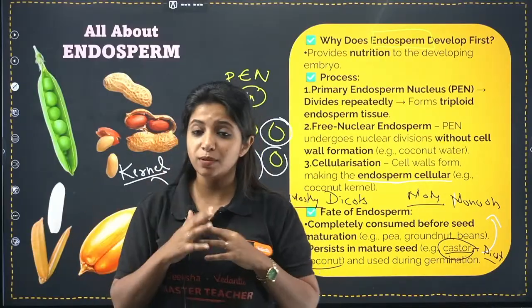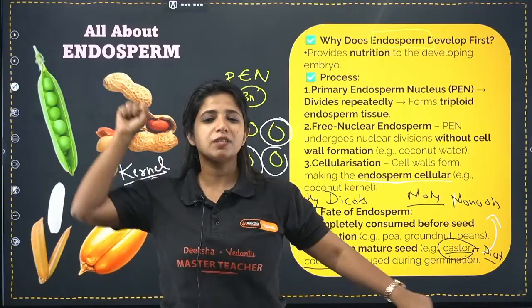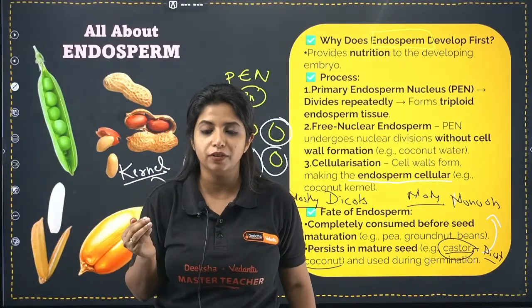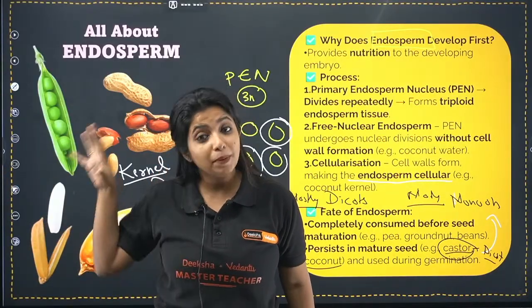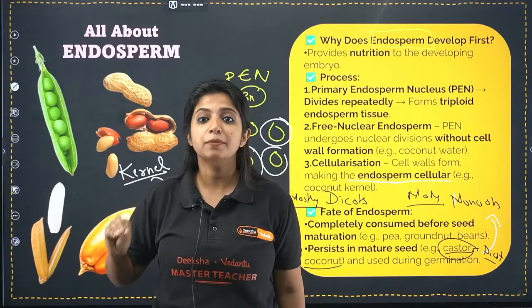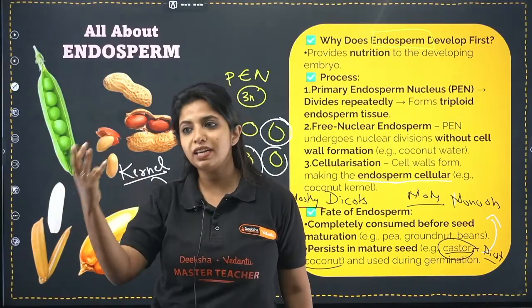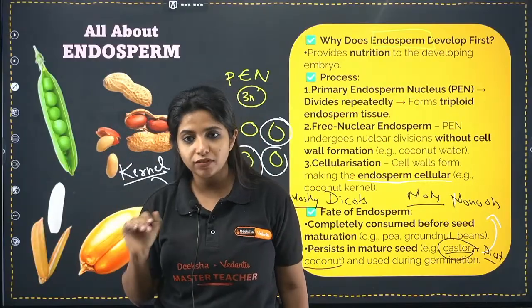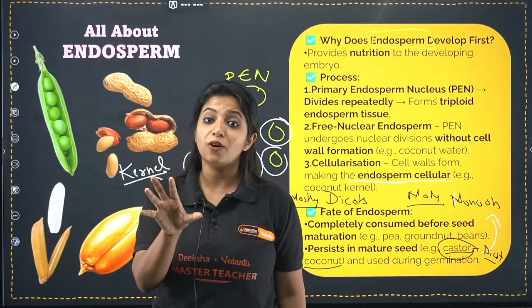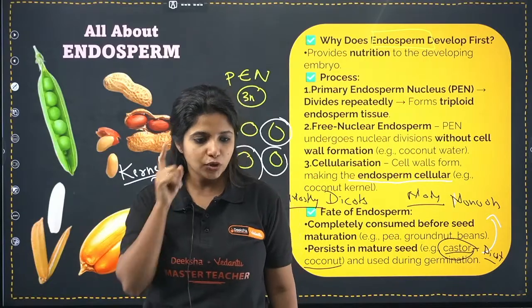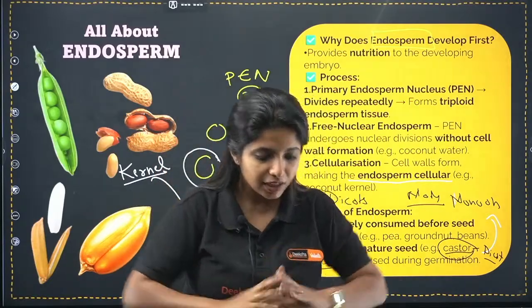Now on the other hand, sometimes when the embryo grows up, it says that I'll have a little bit of endosperm still left behind. I'll take just a little bit of it. So there is persisting endosperm. This happens mostly in monocots, but there are exceptions. Monocots like wheat, barley, maize, all of them have something like this. But castor is a dicot, and still has a little endosperm left behind. So always remember that. Guys, got it?